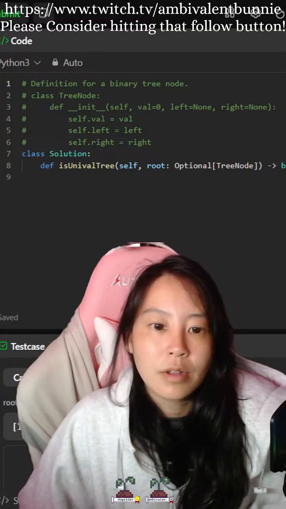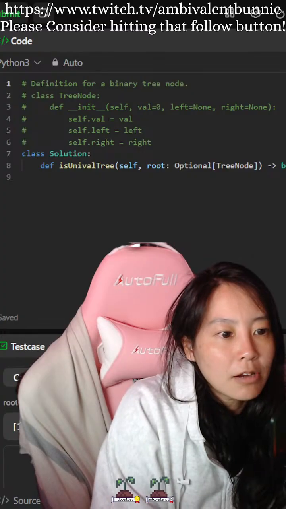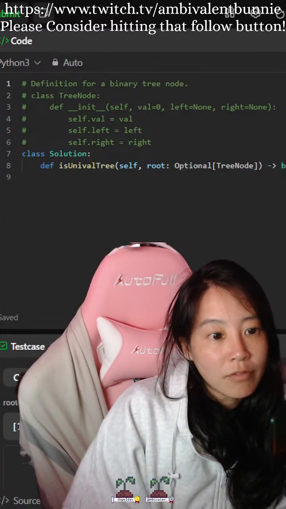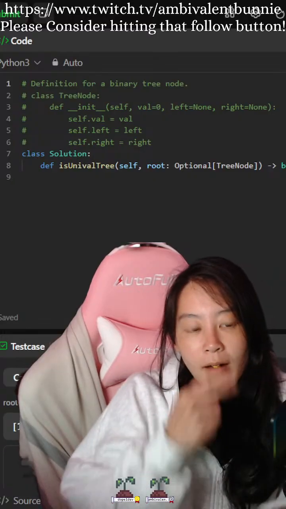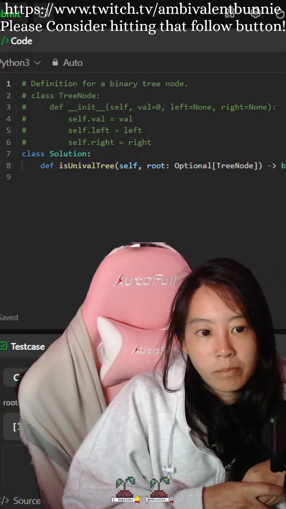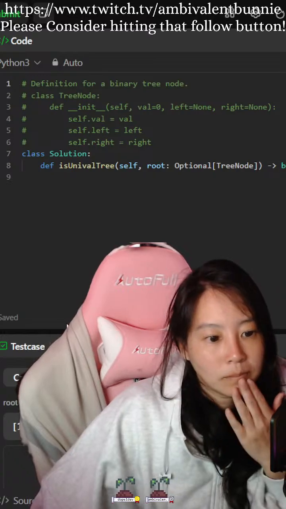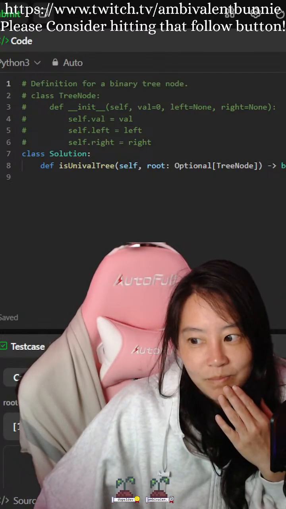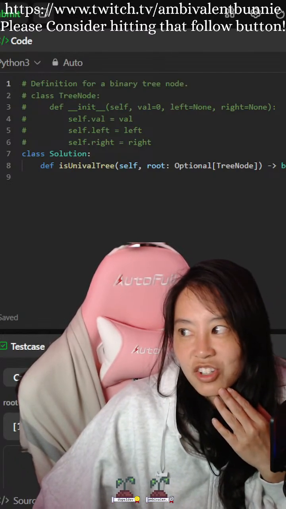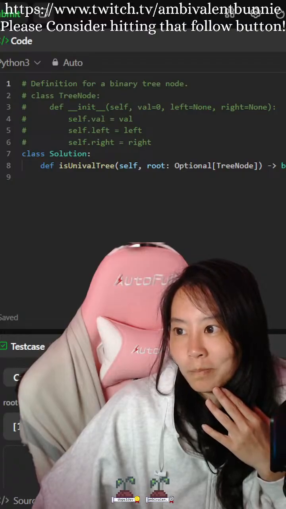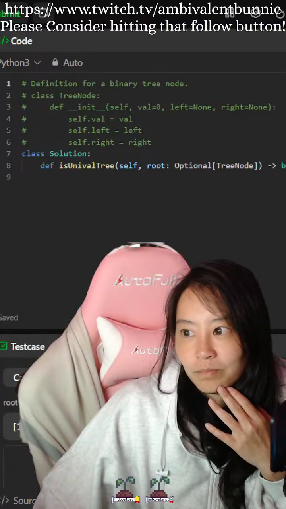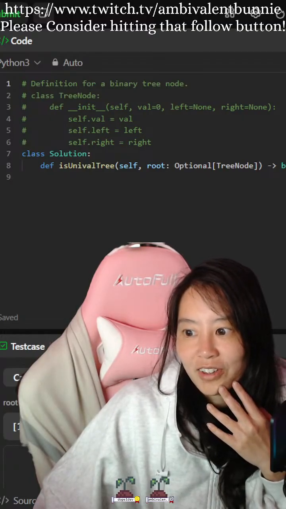There we go. Okay, so a binary tree is univalued if every node in the tree has the same value. I feel like this should be straightforward, but I also feel like I might be underthinking it.